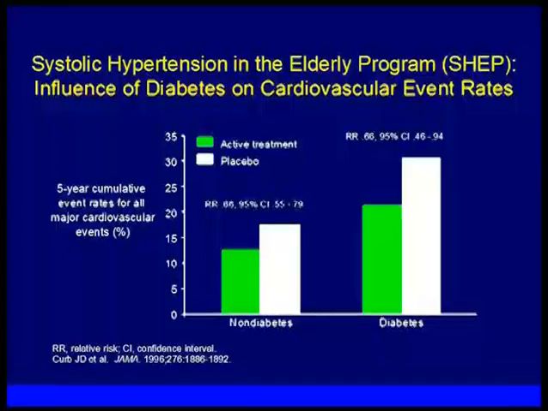And I also mentioned to you this morning that patients who have diabetes are at high risk for cardiovascular complications. And this is a study which was done many years ago in elderly patients, diabetics and non-diabetic patients. Even when you treat diabetes in patients with hypertension, they are at a higher risk than a non-diabetic patient who is not receiving antihypertensive drugs. Very, very important finding that should be very alarming.